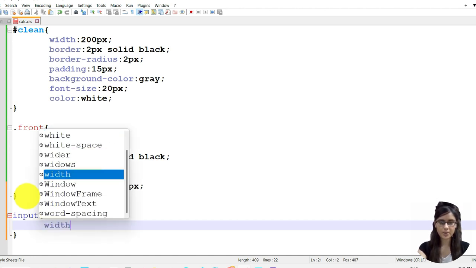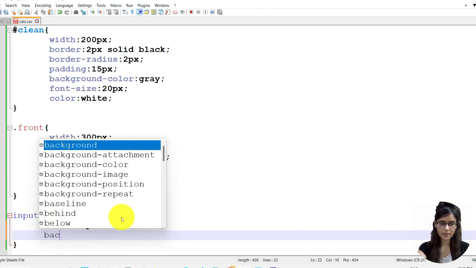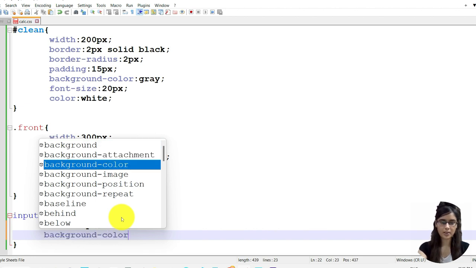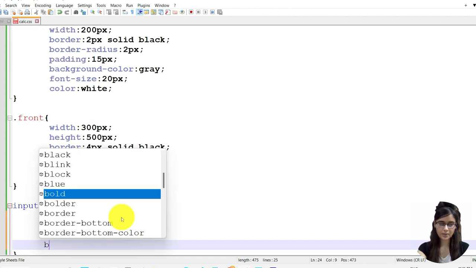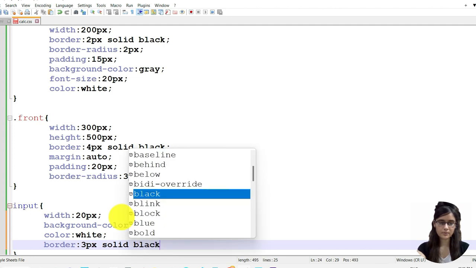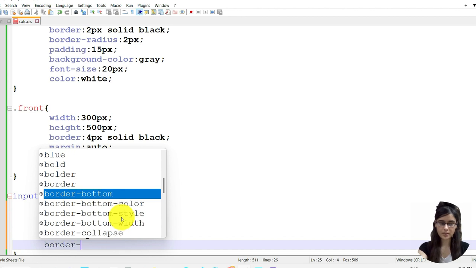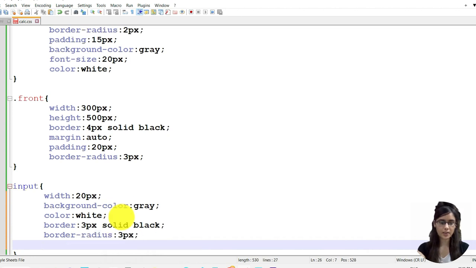We have width for the buttons 20 pixel, and then its background color gray, font color white, border 3 pixel solid black, border radius that is 3 pixel, and then we have the padding.